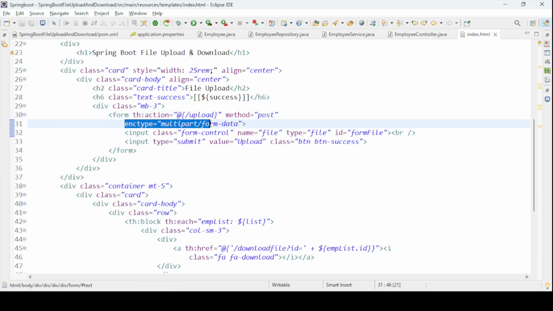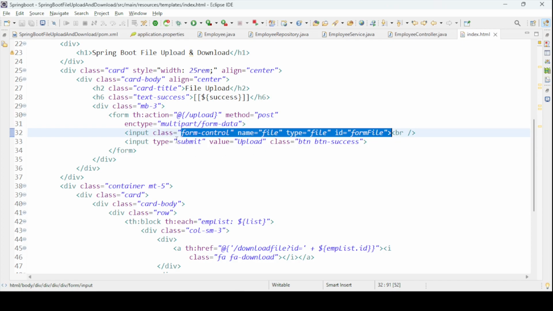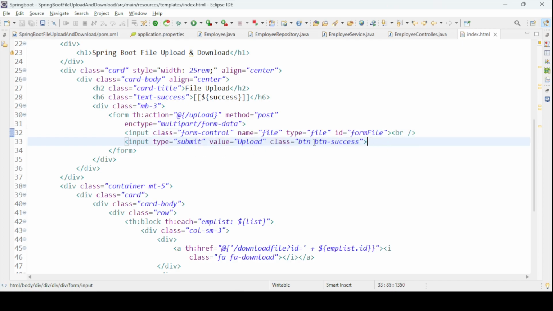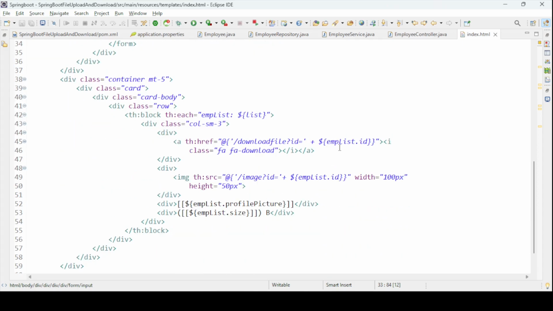And then the encryption type is multipart/form-data. The control will go to the form control, file type, and form type. And then it will upload through this button. The button I'm using is button.success. So let me see the picture, and this will list out all your